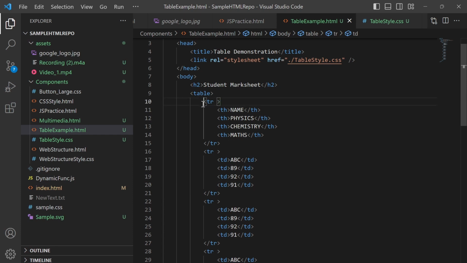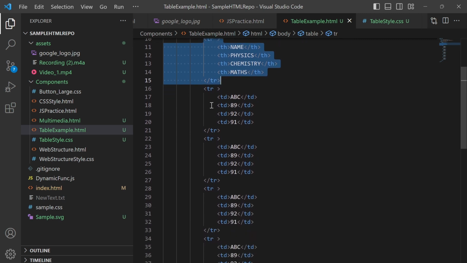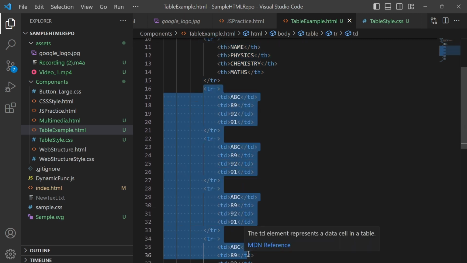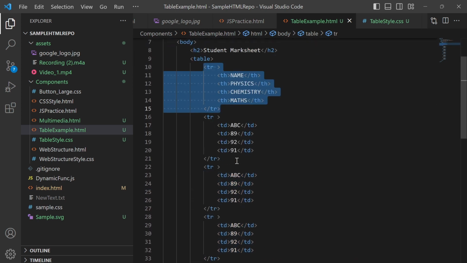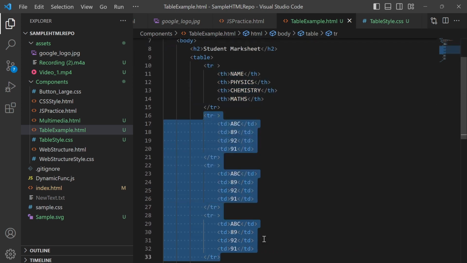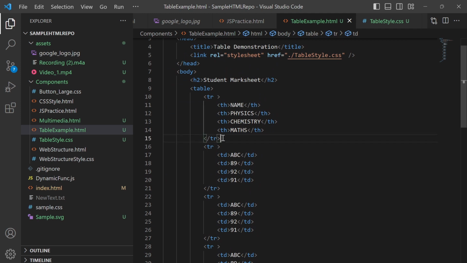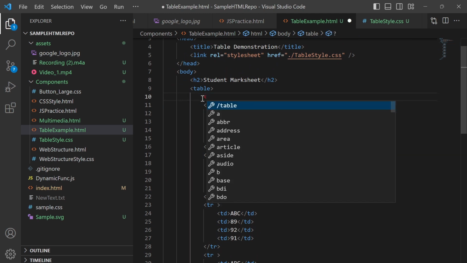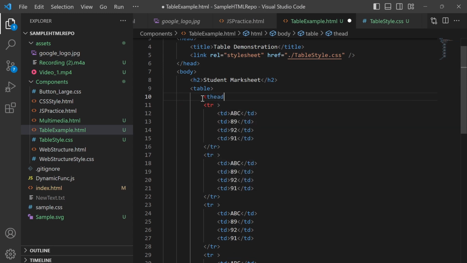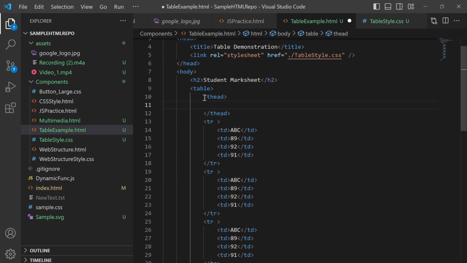So I know this part is responsible for the header, and this is the main data: this is the header part and this is the content part. So I will put this header part in one more container, and that container is thead. Whatever is present in thead is a logical container for headers.